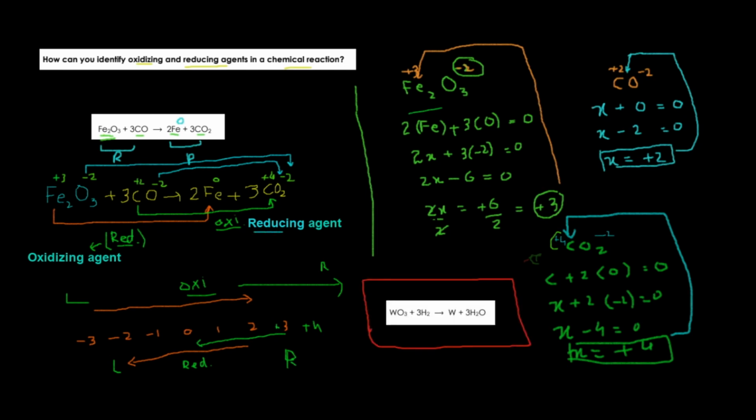Here we have another example in which tungsten oxide reacts with hydrogen and it is producing tungsten along with a water molecule. You have to find out which one is acting as oxidizing agent and which one is acting as a